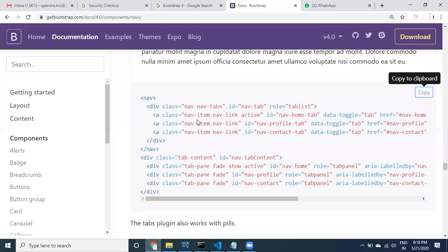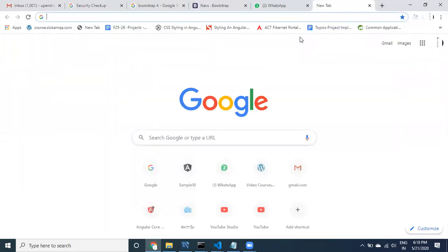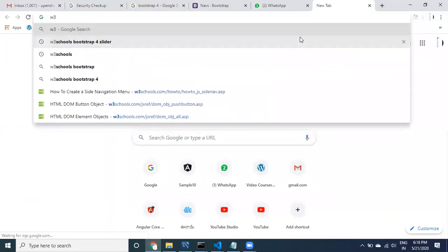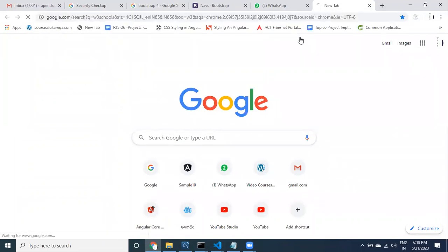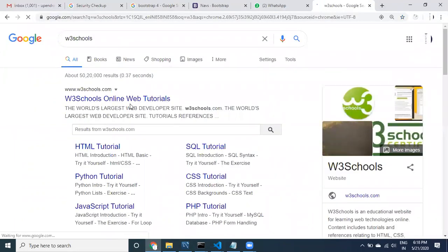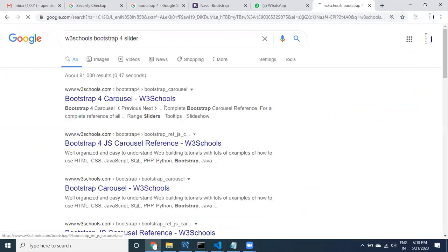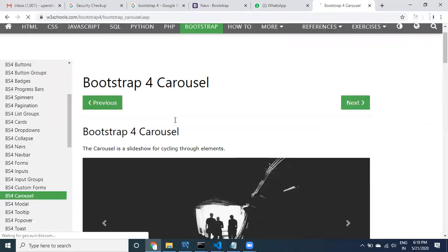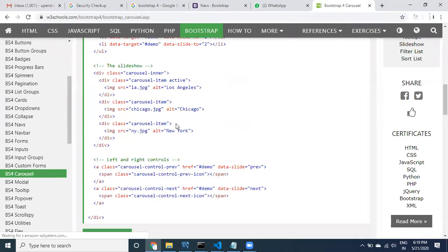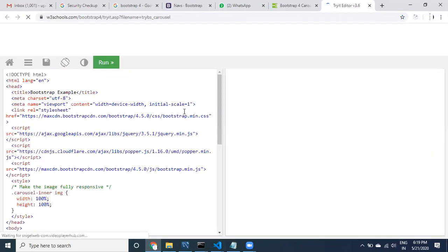See here, guys, this is a new thing related to bootstrap, the second approach. You can go to w3schools.com. Wherever you want you can go there. W3schools.com, bootstrap 4. Just go to bootstrap CSS, select it, and then go to any example. Just go to example, try it yourself also.